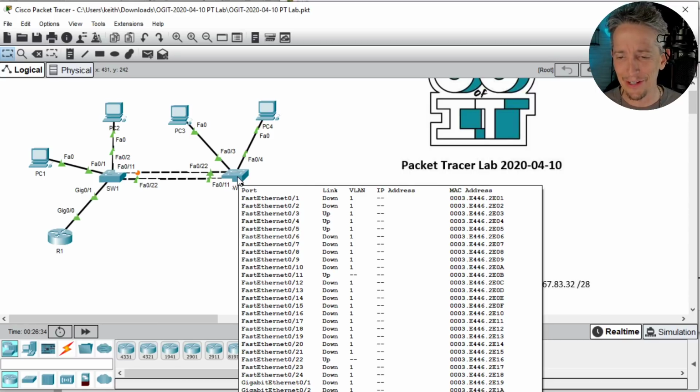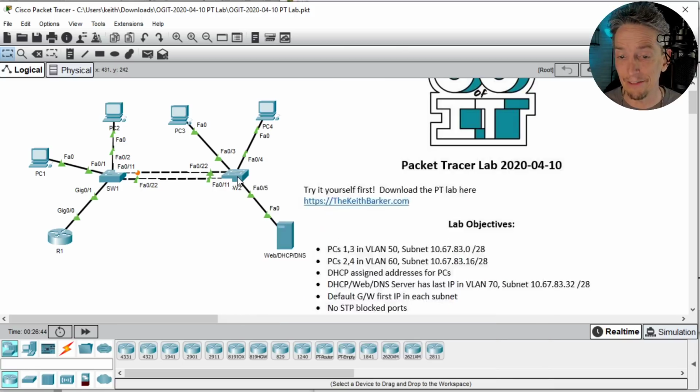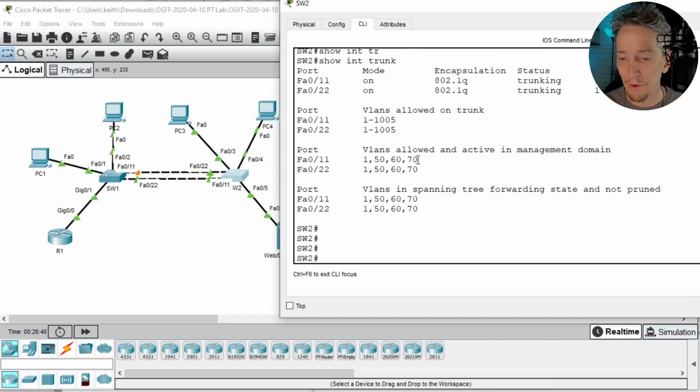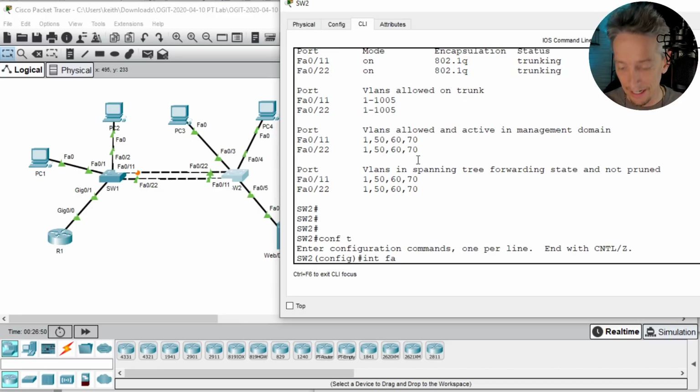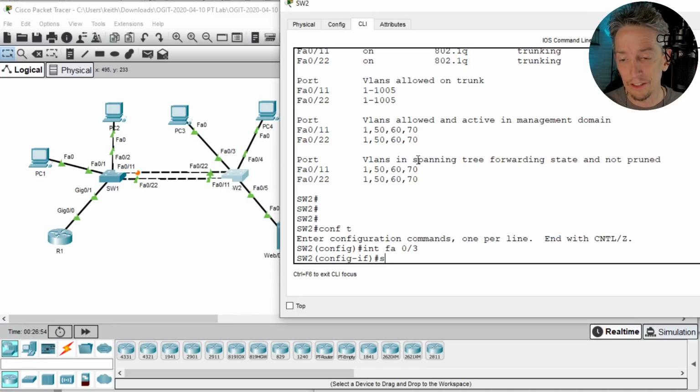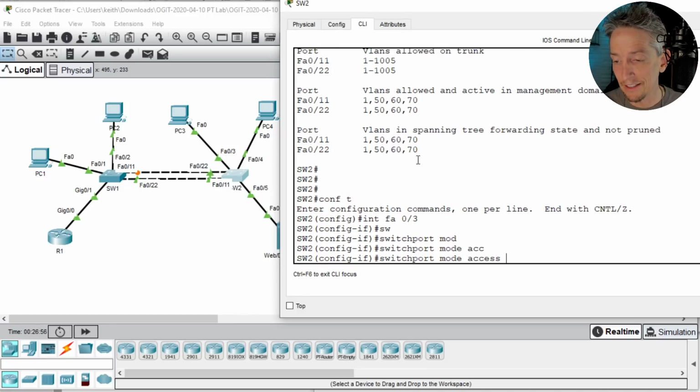So no, we don't. On switch 2, I thought I didn't do it yet. So let's configure FA0/3 to be assigned to VLAN 50 and FA0/4 to be assigned to VLAN 60. That's why we check our work, Keith. Show, see here, config t, interface FA0/3,